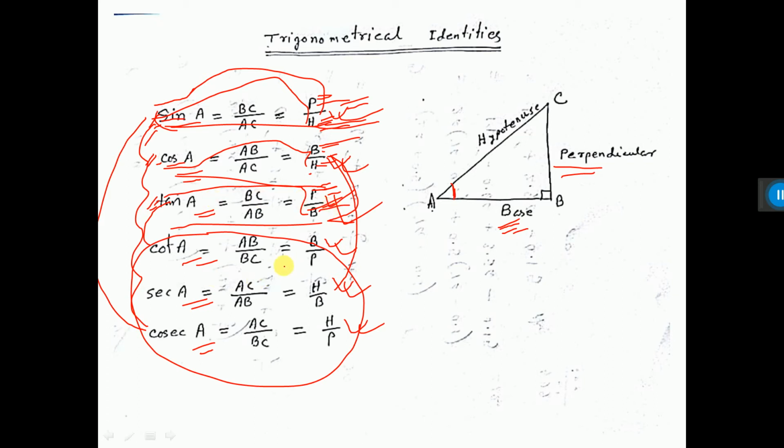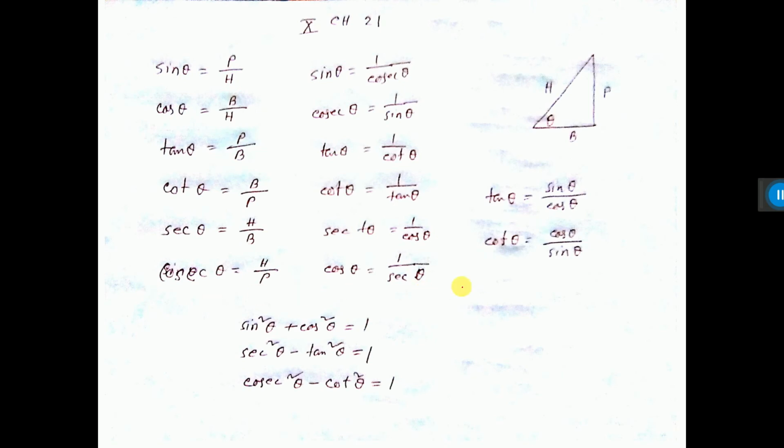Okay, now this formula also you need to memorize. The same things I have written here. Some People Have Curly Brown Hair, Turns Perfectly Black. And I told you one is opposite: sine theta means 1 by cosec theta, cos theta means 1 by sec theta, because here I have considered theta. Cosec theta means 1 by sine theta, tan theta means 1 by cot theta, cot theta means 1 by tan theta, sec theta means 1 by cos theta. Also tan theta means sine theta by cos theta, and cot theta means cos theta by sine theta.